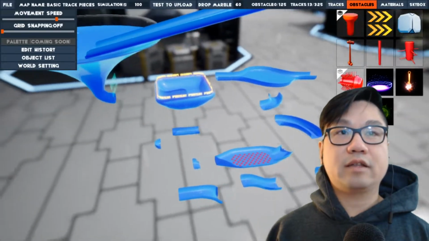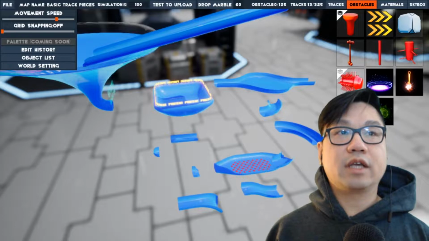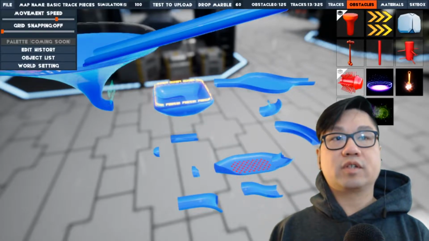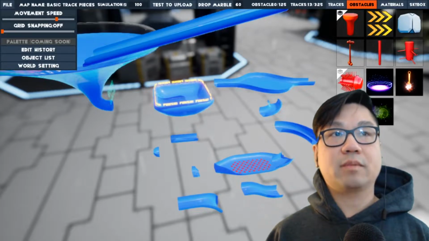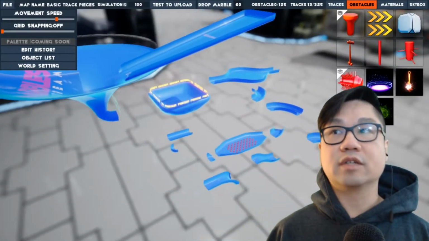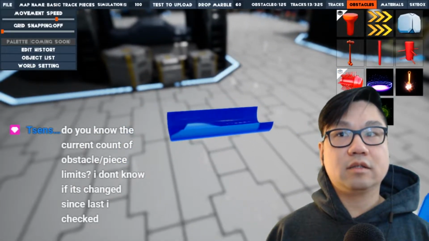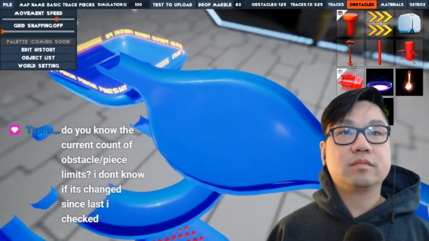Yeah, for those who didn't check my last video, you could buy the track builder from the shop, and it'll unlock all the possible pieces. But when you don't have the track builder, all you get is the pieces that you see right now, which is the funnel start piece, the regular square bucket, the single track lane, and then this